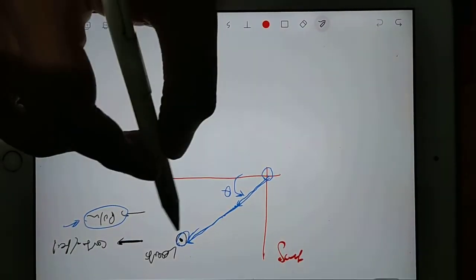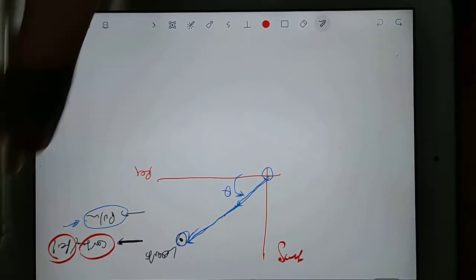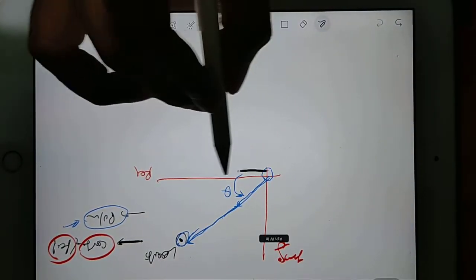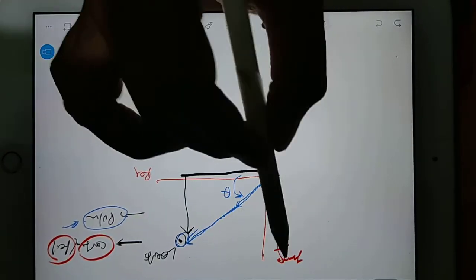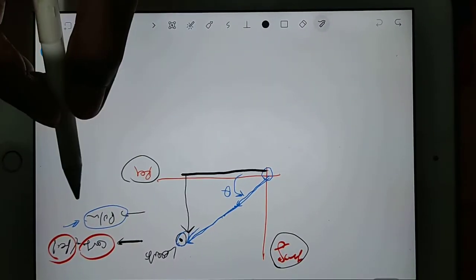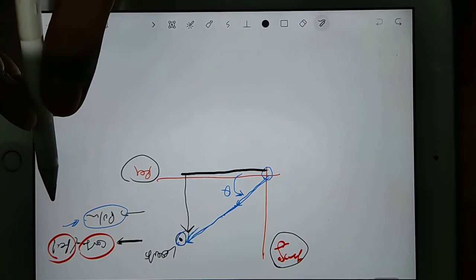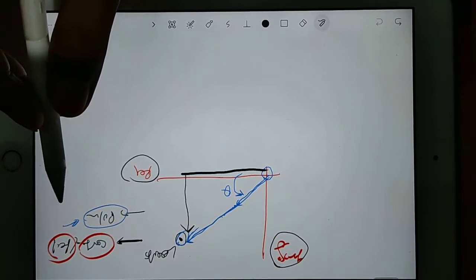In the same way, if you go for Cartesian or rectangular form, then on the real axis how much you have to go, and on the imaginary axis how much you have to go. This is always imaginary, this is always real. Now suppose these are the basics about any complex number.